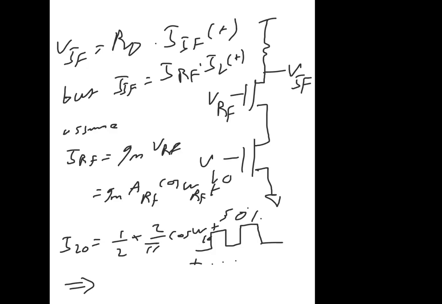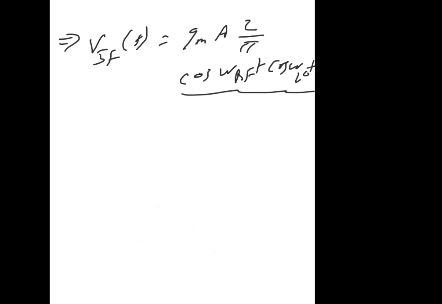It is coming as VIF of T equals GM times A times 2 over pi cosine WRF of T cosine W local oscillator of T. This inequality everyone knows how to solve, so we simplify it, multiplied by RD of course. Okay, so the VIF here of T is equal to half, it will be GM times ARD